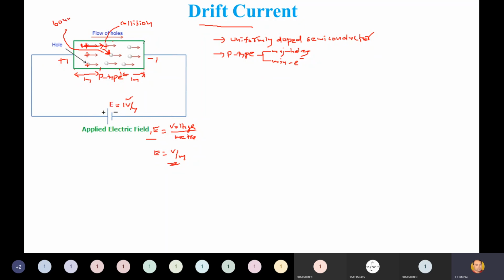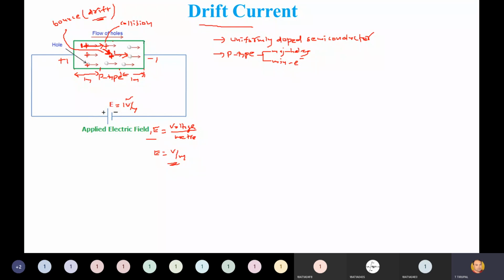This bouncing is also called drift. The technical meaning of bouncing is drift. So the first charge carrier collides with another charge carrier and bounces in another direction. This bouncing is called a drift. While bouncing, it meets another positive hole, again collides with it, and again moves in another direction.